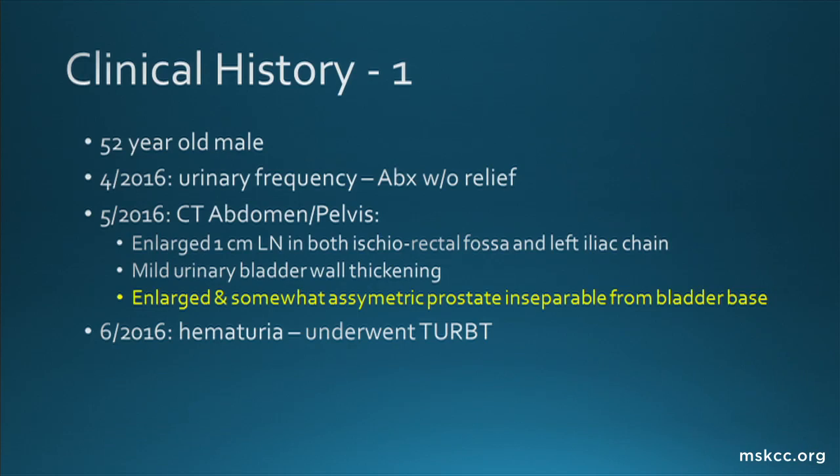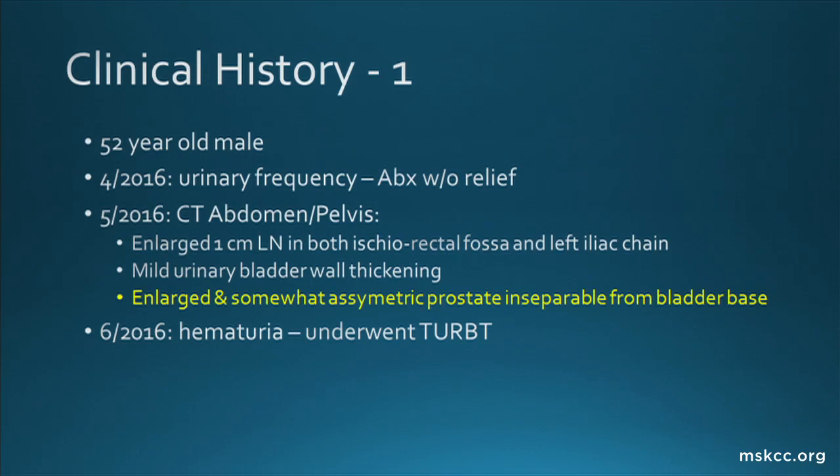So the clinical history of this patient, I think you saw in the pre-meeting details. This is a 52-year-old male, originally presented in April of last year with urinary frequency, was given some antibiotics without relief, and because of the continued symptoms, they sent him for a CT of the abdomen and pelvis, which showed some lymph nodes in the rectal fossa, the left iliac chain, this sort of vague, mild urinary bladder thickening, and importantly, notably an enlarged and somewhat asymmetric prostate that was deemed to be, at least radiologically, inseparable from the bladder